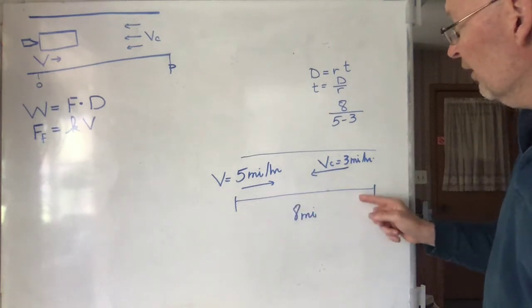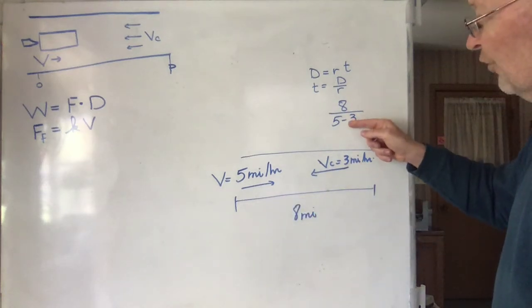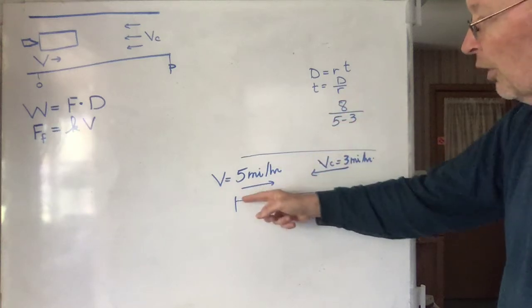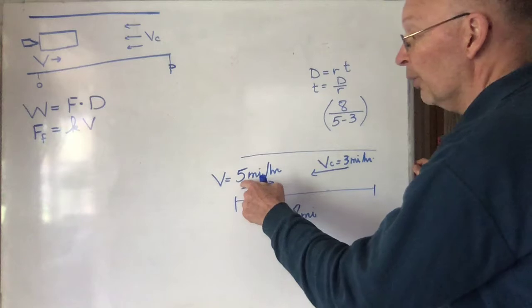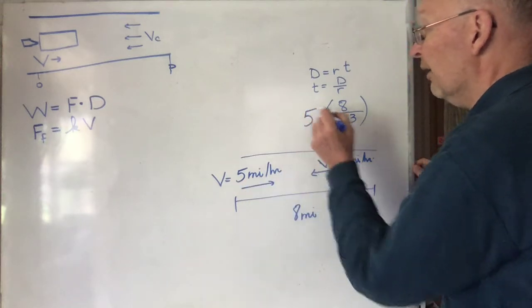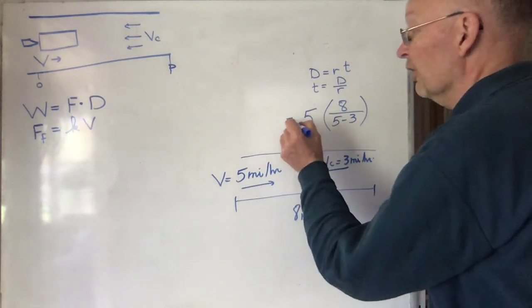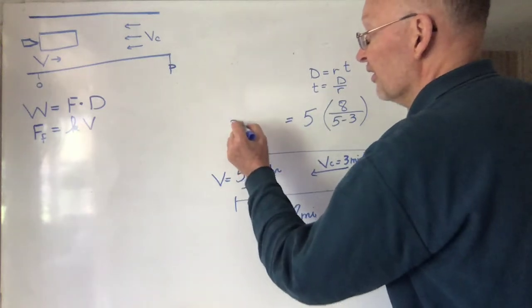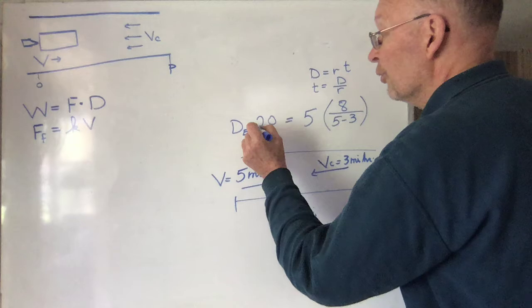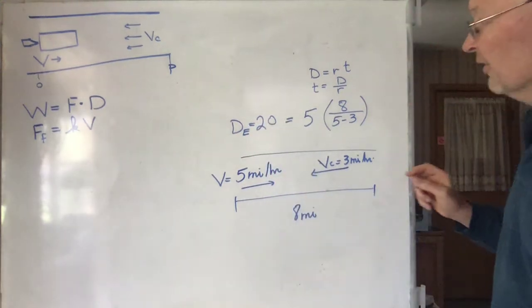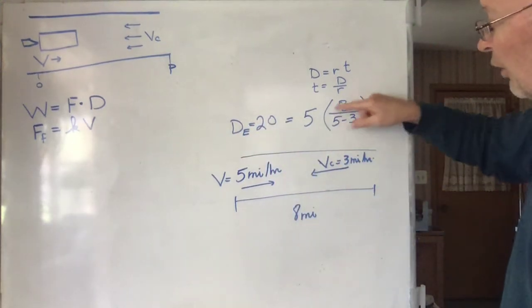That is 2 miles an hour. 8 divided by 2 is 4 hours. So you're in the water for 4 hours, and all those 4 hours you are swimming 5 miles an hour. See that? So your, let's call it effective distance, your effective distance is 20 miles,